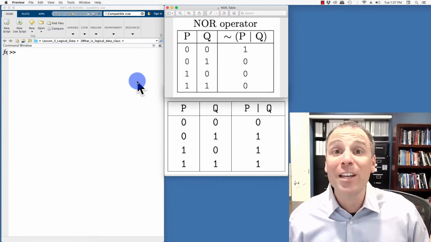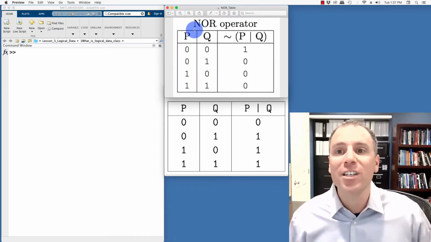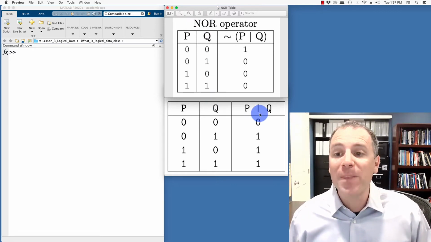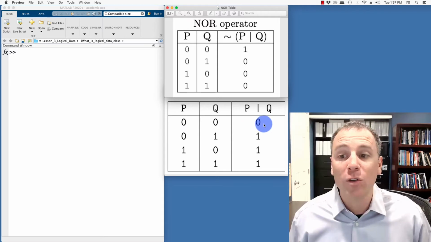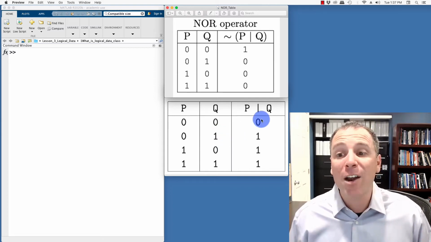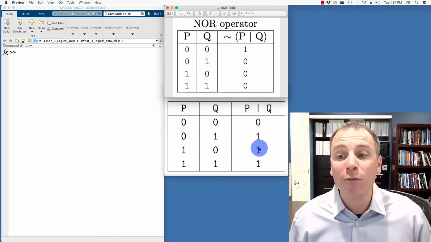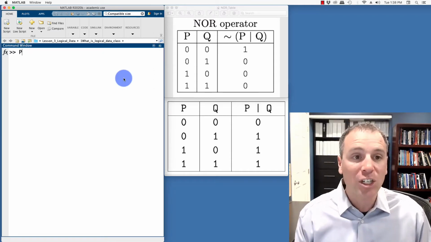In a similar spirit, we can define a NOR operation, which is not or. Remember that the OR operation is true exactly when at least one of the inputs is true. So that leads to an output of 0, 1, 1, 1 in this truth table. NOR means not or. So in other words, we're going to invert each of these things. So 0, 1, 1, 1 inverted becomes 1, 0, 0, 0. We can get that by actually combining these together.